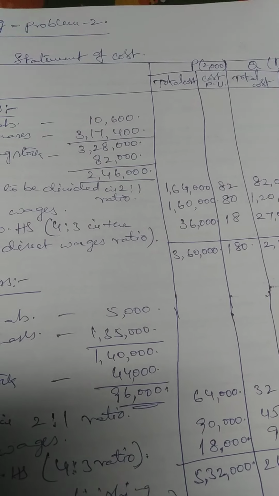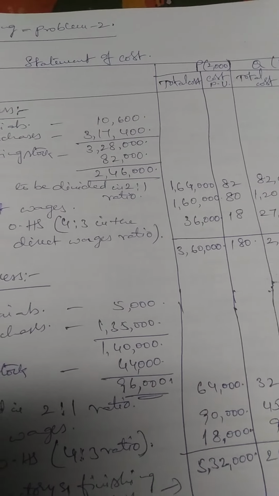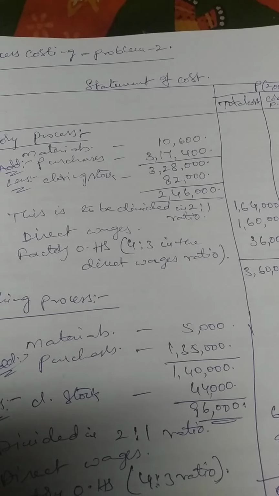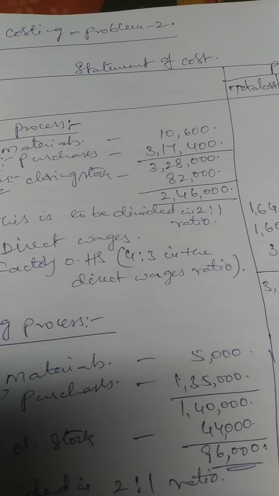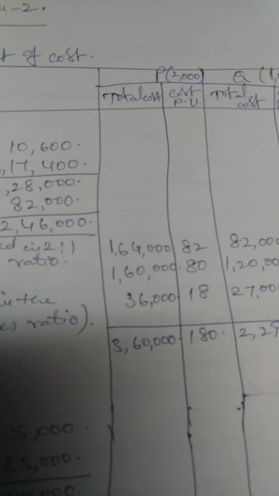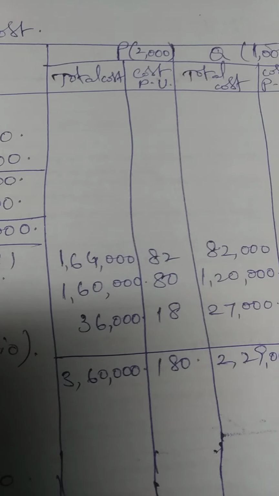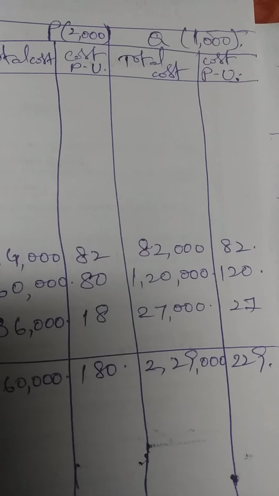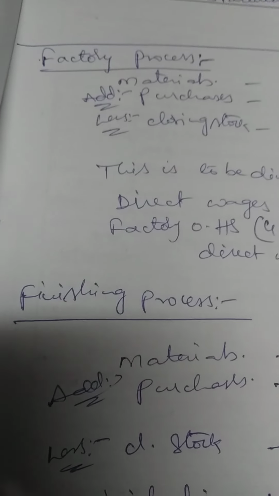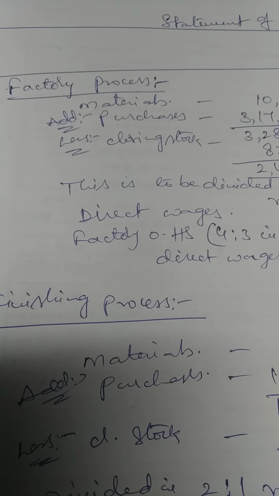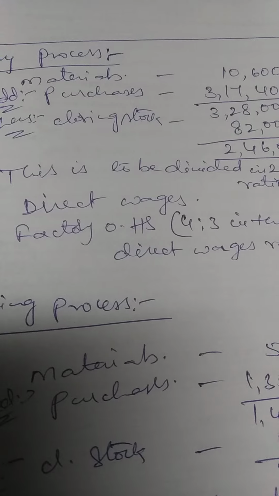Assume that he has given the selling prices of each product, P as 400 and Q as 450, and he has given a few expenses. Let us see how it appears in the individual cost sheets. So open the pro forma of statement of cost with particulars. P, that is manufactured 2000 units, one column, total cost and cost per unit, and neighboring Q with 1000 units produced, total cost and cost per unit. So coming to first, let us start with factory process, because each product is undergoing two processes. One is factory and second one is finishing.